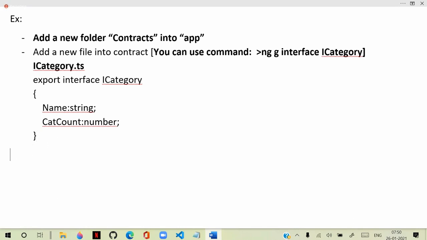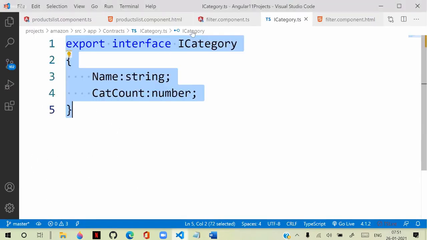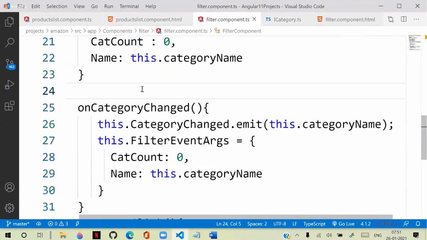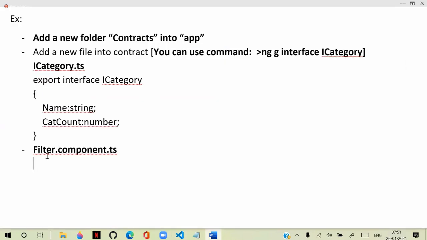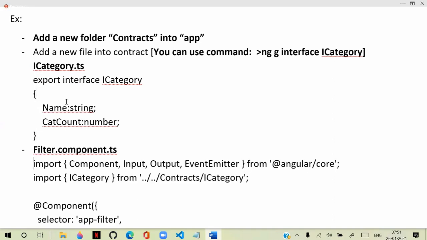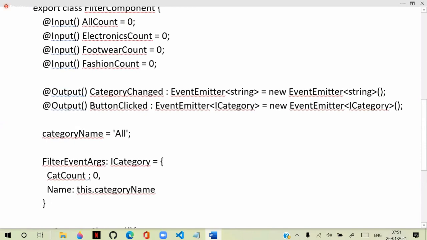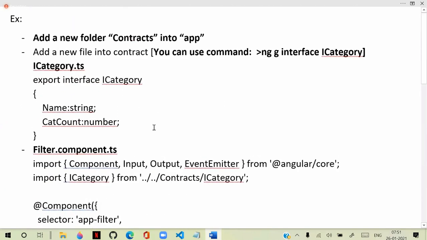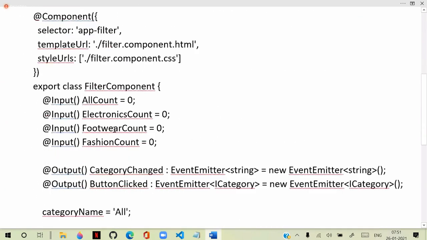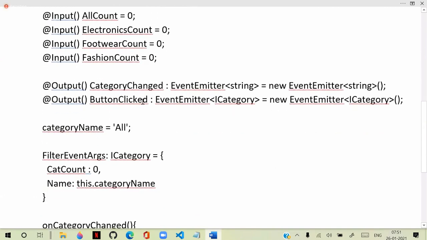Now once you added this, you will see some changes in your files. In filter.component.ts, this is the logic we need to add. I will copy that. All of yesterday's logic is there, but today we first imported this contract, and we created the button click